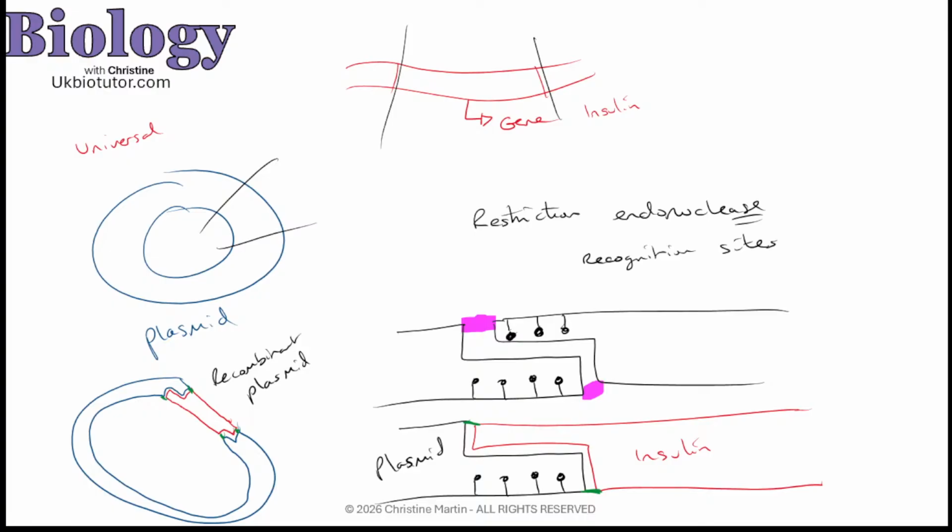However, we need to make sure that we link in the fact that we need electroporation. We need the cells that we put them into to actually take them in. So we can either do that by putting a little electric shock in them, and that will make the membranes porous to take in the recombinant plasmid, or we may do a heat shock to them, where we heat them up really quickly and then bring them back down really quickly.